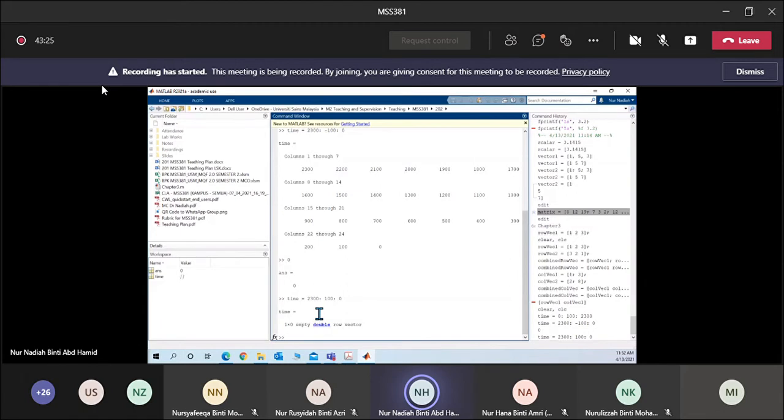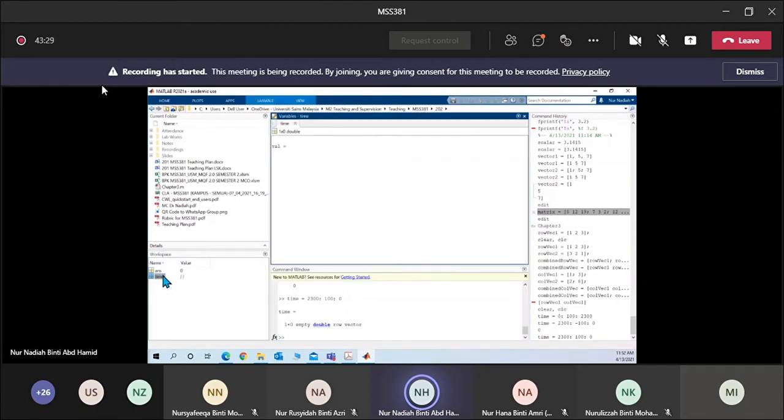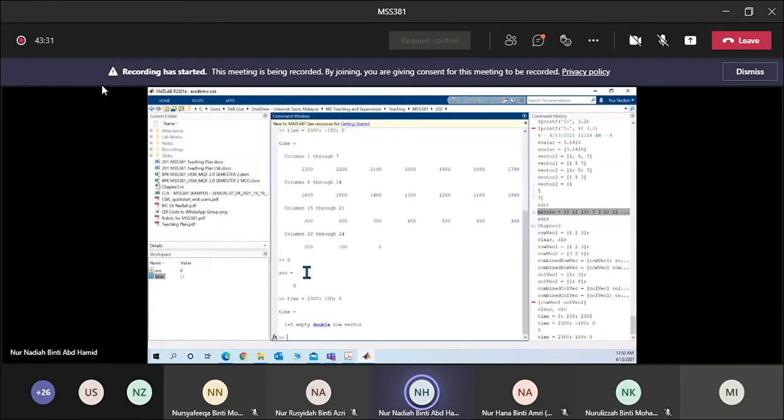It's an empty vector. So please be careful with your coding. Right here, you want to start with 2300, the increment is 100, and the endpoint is 0. This is, of course, an error, but MATLAB still runs the instruction